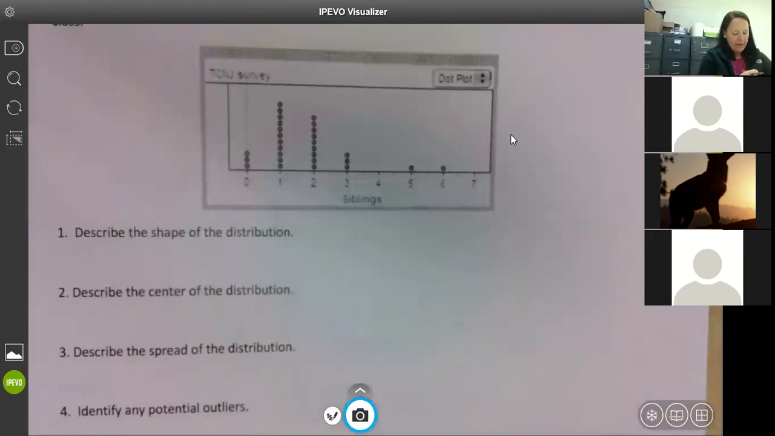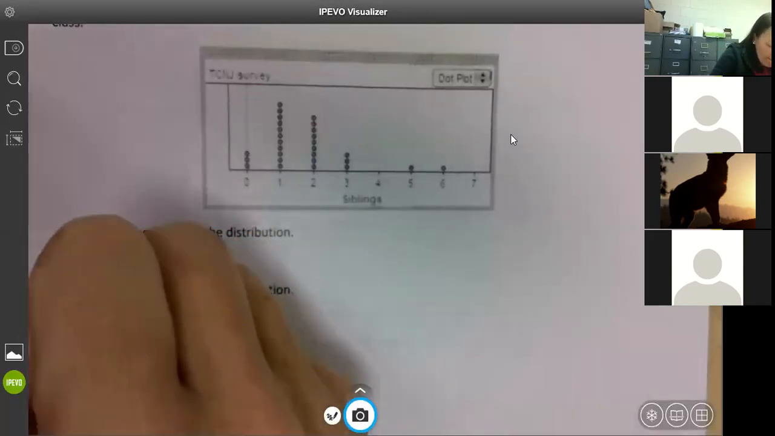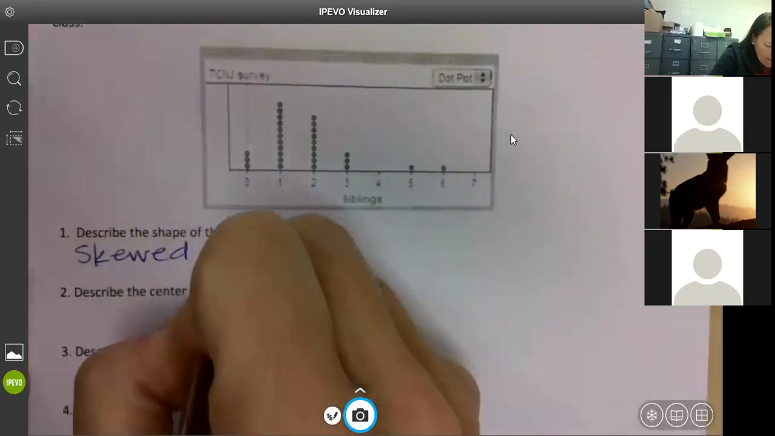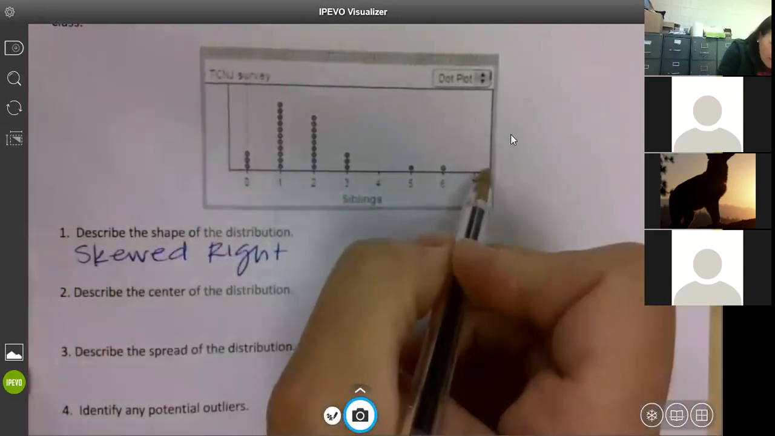I'm looking for 2 things here. Describe the shape. Right skew. Skewed to the right. Okay, skewed right. Why? Because the tail's on the right. Good. So if we graphed this,